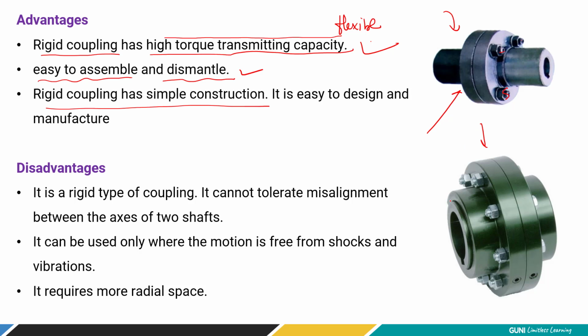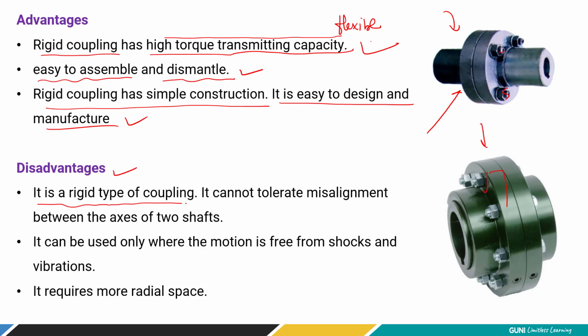Just look at it, simply a hollow structure and there is a projected rim, right? So it's a simple construction. It is easy to design and manufacture, very easy to understand. सिंपल है, कंस्ट्रक्शन में टर्निंग करके आप बना सकते हो या फिर फोर्जिंग करके ड्रिलिंग करके भी बना सकते हो, राइट? Now what are the disadvantages with this construction?